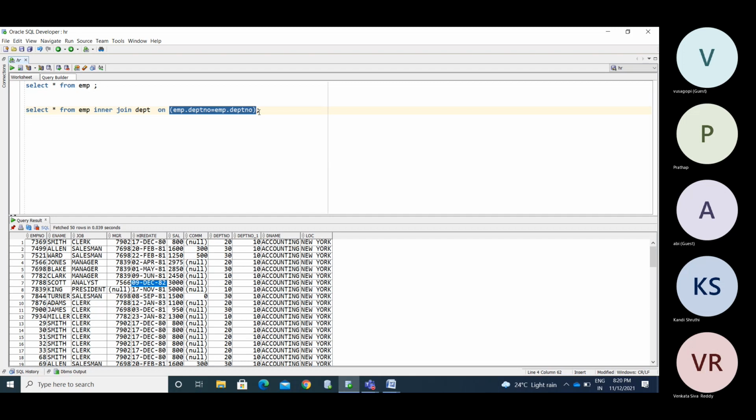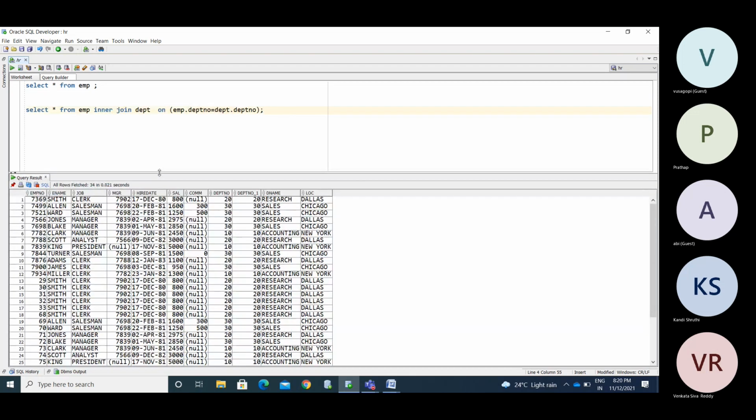If you want to retrieve data from more than one table, you use the join condition from one column of table A and one column of table B. Here both columns are from the same table. So now you will get the data. These are all the 34 records we have, common records from both tables.